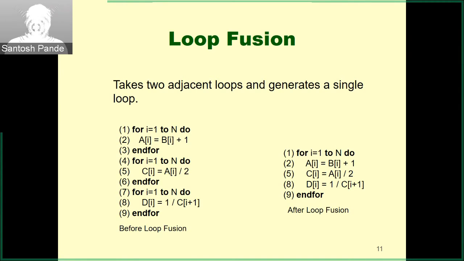Now what is going to happen here is I'm going to read the data here, which is old data from C of I plus 1, because that is the first reference that I encounter. And in the next iteration, I overwrite that data in C of I. And so that is the stale data I'm reading in statement 8,